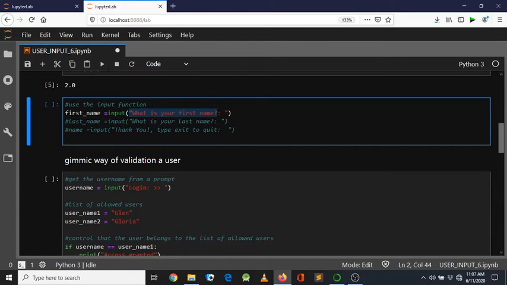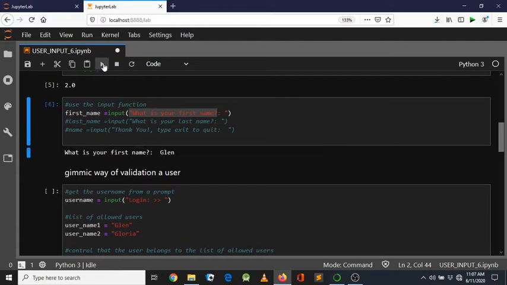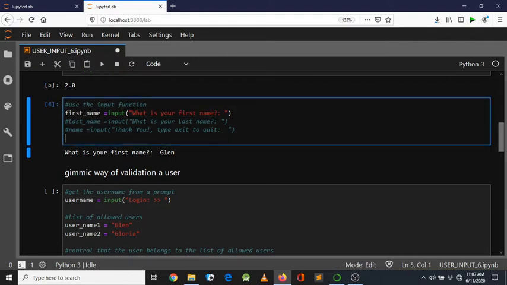So when we run this code, we get the output of what is your first name. So if I type in my first name, Glenn, and I hit enter, I'm expecting it to store it inside first name. So if I come down here and just copy this and put it down here, this means that Glenn should be stored in what? First name. So if I check first name,